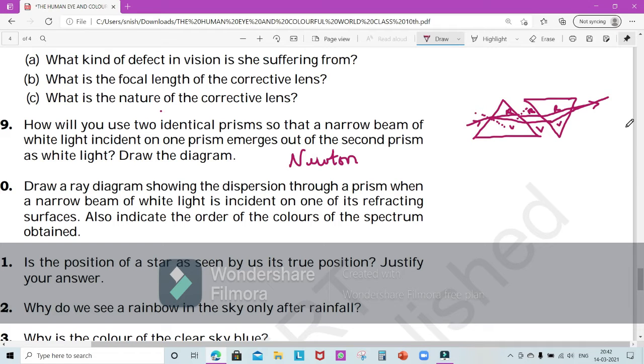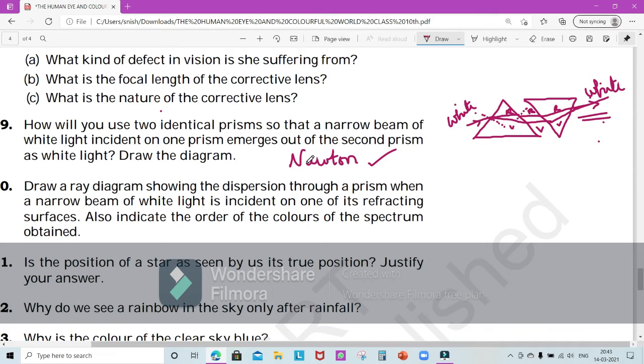Okay, so this proves that, see, suppose it was the prism that was providing the colors, then here you won't see white light. You should be seeing violet, indigo, blue, green, yellow, orange and red. But that's not the case. You're able to see the white light that's entering here, white light, and here also it's white. So this is the experiment given by Newton, and it proves the same.